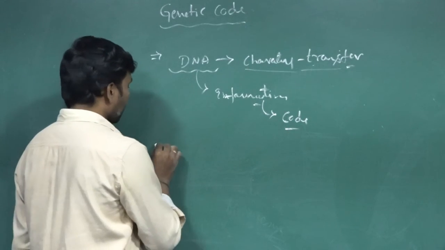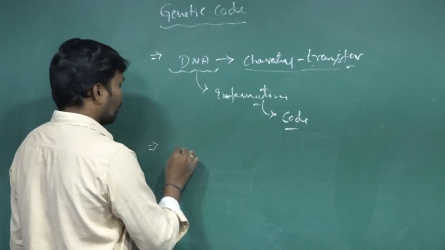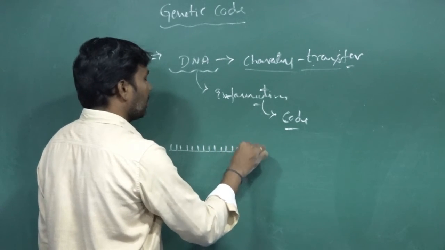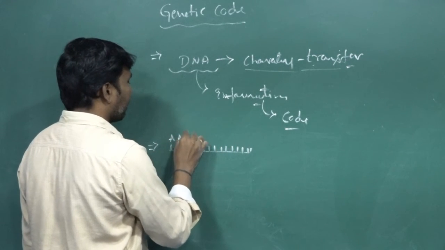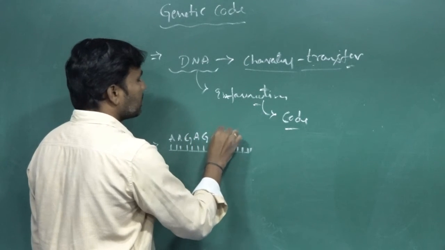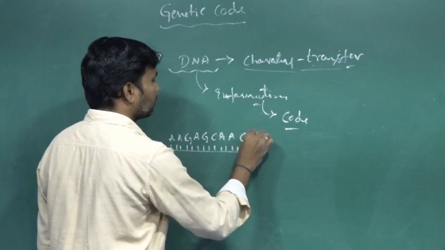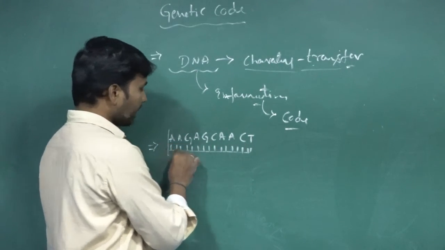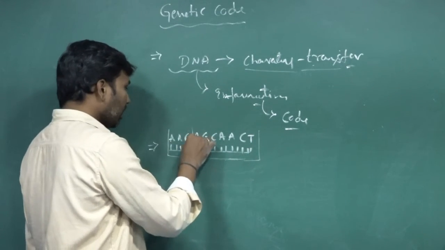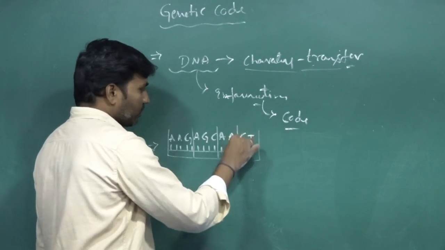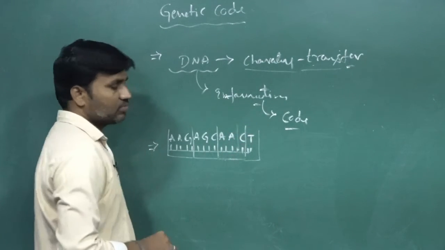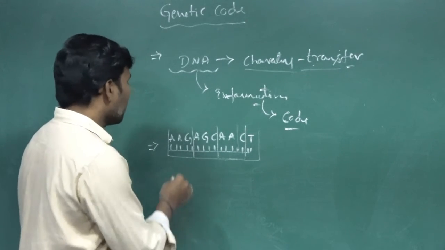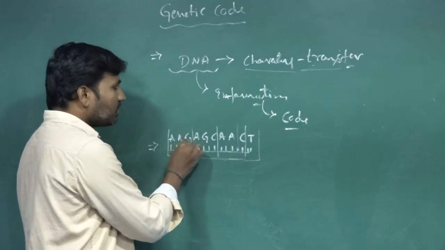How is that? In the DNA molecule, the entire length of the DNA has specific nitrogen base sequences present. Like this, specific nitrogen base sequences are present, continuously. For example, in the case of the mRNA, the processed mRNA, whether prokaryotic or eukaryotic, in mRNA every 3 nitrogen bases form a sequence.